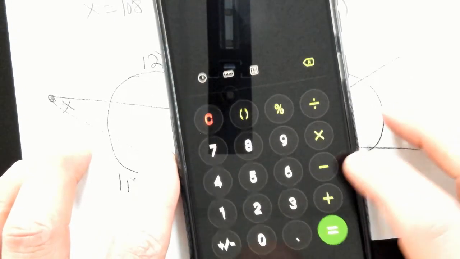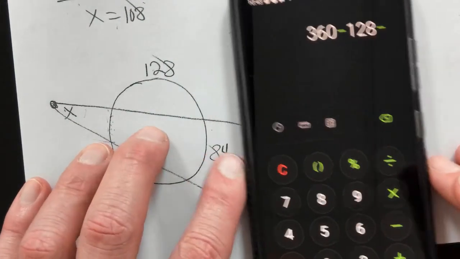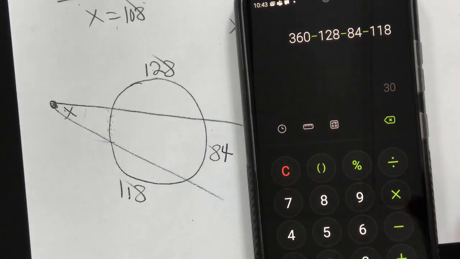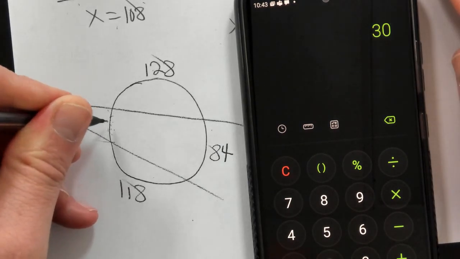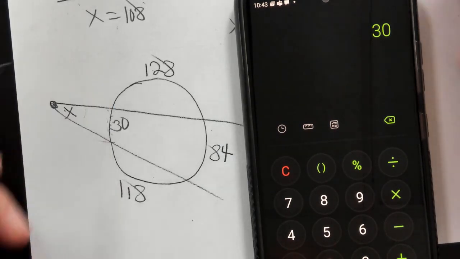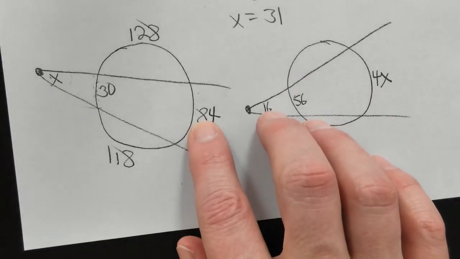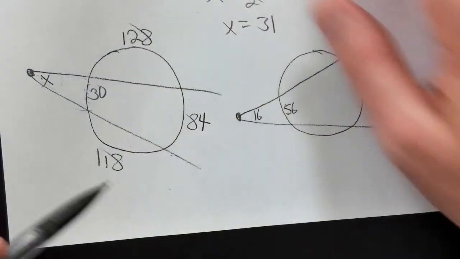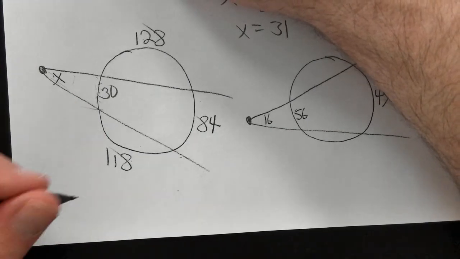Let's go with 360 minus 128 minus 84 minus 118. So that gives me 30, which goes here now. So there's 30 degrees on this arc. So now I have the two arcs that I need, because remember, it's the difference between this arc and this arc, the arcs that are inside of the angle, not the arcs that are outside of the angle, so I couldn't use those. But I can now because I have 30, so it's going to be x